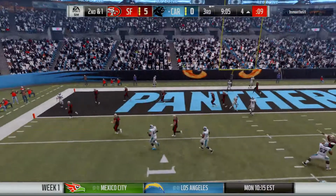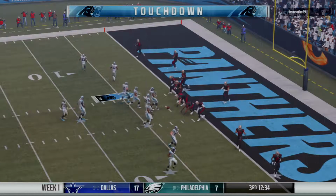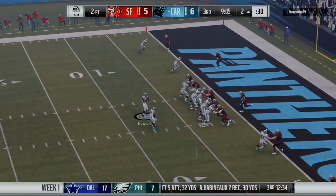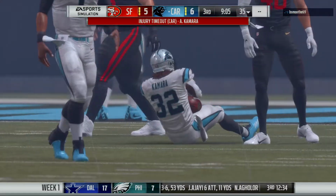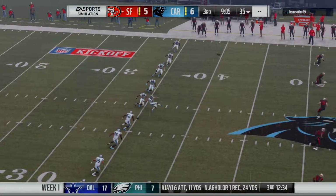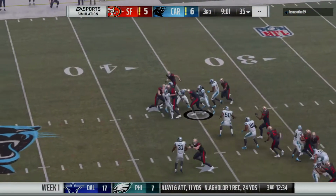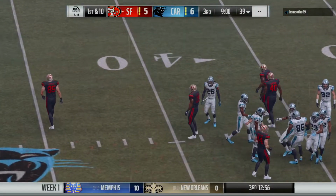And he'll take this into the end zone. Touchdown, Carolina. A great effort there from 4 yards out, and his guys are able to strike for 6. Getting your back involved, what's the importance there in the passing game? Well, oftentimes you can create mismatches because who's going to cover him? And you get him into space, which is where he likes to operate with the ball in his hands. Oftentimes makes people miss, gets that run after the catch, and off he goes. And into the end zone. And they'll have good starting field position as he's up just shy of the